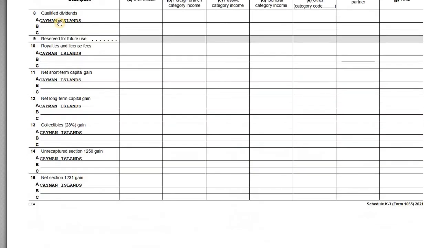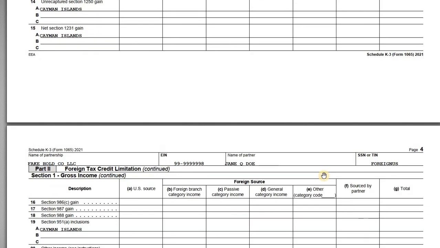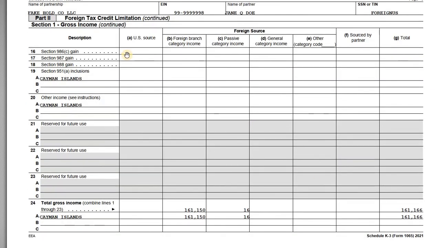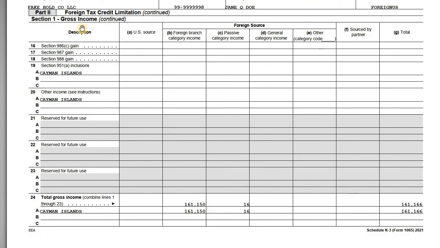Because we don't have any dividends or royalties, no 1231 gains, something like that. So that's all blank. Now, when we get down to part 2, section 1 at the bottom, these are the totals for all those amounts. So for us, pretty straightforward, right? We only had one line item in each category. So the total gross income here being allocated to Jane,